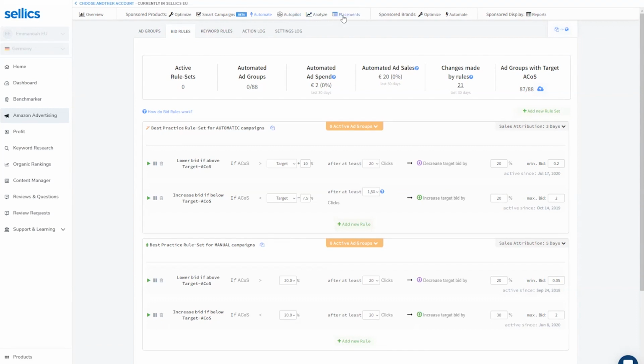We have a placements feature in order to keep track of your placements. We have an automation also for sponsored brands. As you can see, advertising is one of the most prominent features within our Sellics software. This is where we focused also in the last year, and we provide plenty of solutions there if you want to manually change your advertising strategy and boost it, or if you want everything to be running on automation.